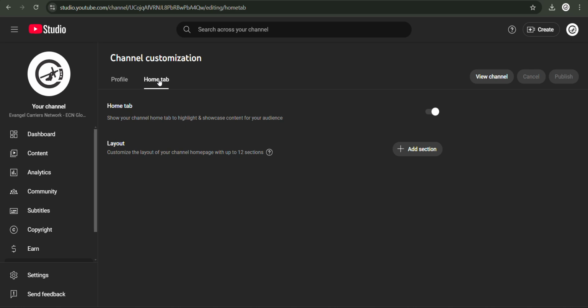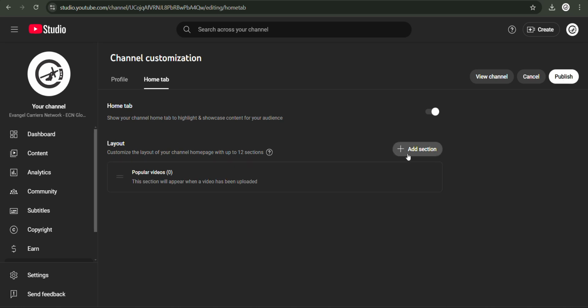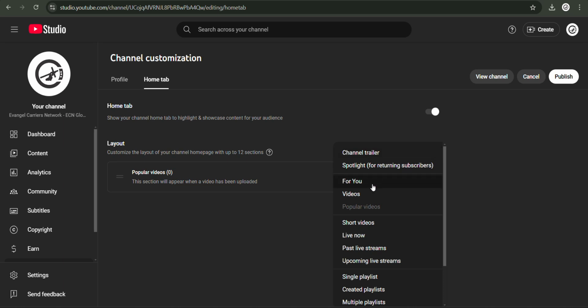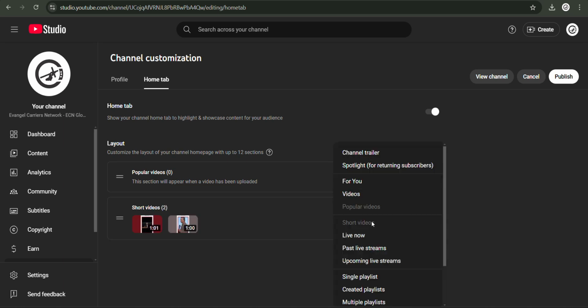So once you click on the home tab, you make sure this is turned on, and then go to the layout part and then click on add section. So here you can click on the ones that you want to show for you, probably your videos, your popular videos. You can also add more sections, your short videos. You can also add